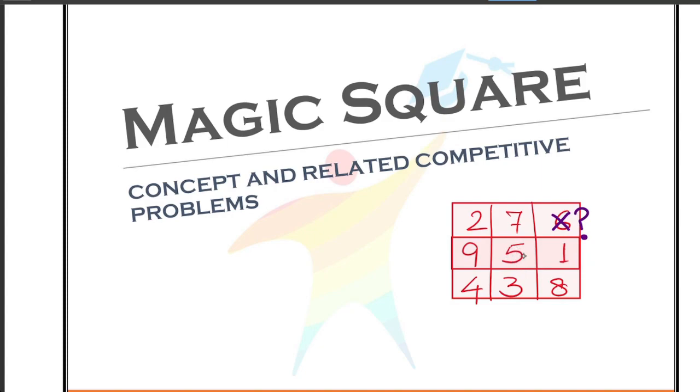या फिर कुछ नंबर्स को कर देते हैं वेरिएबल से। यहाँ पे a लिख दिया, यहाँ पे b लिख दिया, यहाँ पे c लिख दिया एंड दे आस्क कि व्हाट वुड बी द सम ऑफ a एंड b। सो इस वीडियो में वी आर गोइंग टू लर्न कि व्हाट इज मैजिक स्क्वायर, हाउ टू सॉल्व द प्रॉब्लम्स रिलेटेड टू मैजिक स्क्वायर।